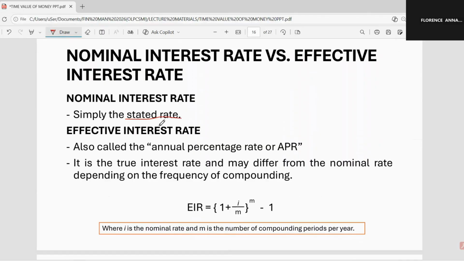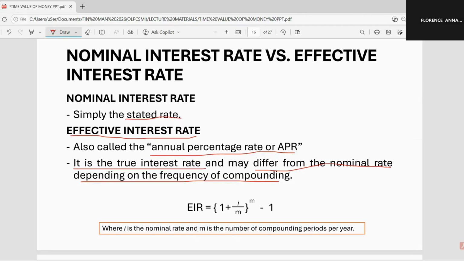The 10% is your stated rate or your nominal interest rate. And when we say effective interest rate, we can also call this sometimes na your APR or your annual percentage rate. And it is the true interest rate, which may differ from the nominal rate depending on the frequency of